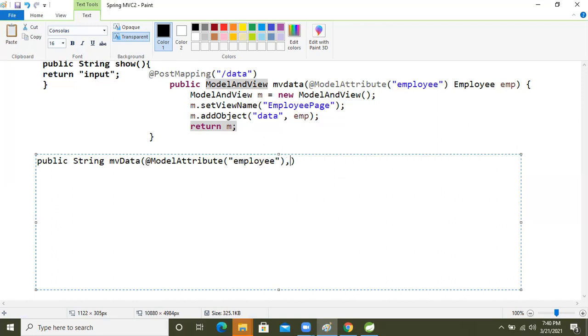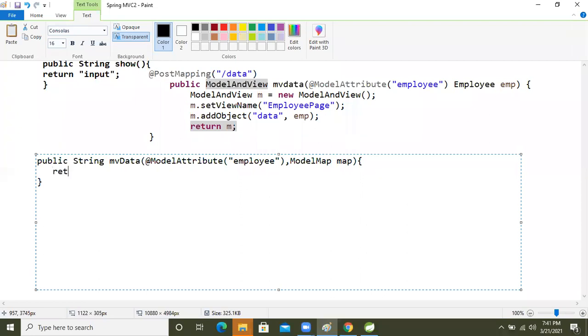Then, to read that data, because we are taking the String return type, we also need ModelMap, because in this method we need to send the data to the client too, right? So I'm taking a Map reference, and we will pass this as an argument inside it. Then come here and we will see that.